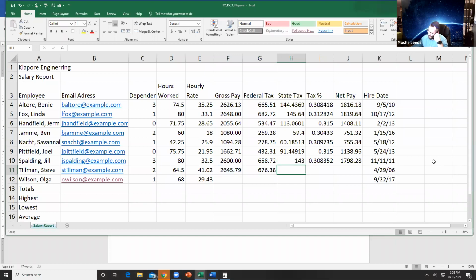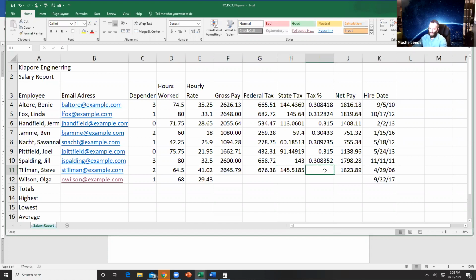Okay, my state tax, if you see here, that's my state tax. My state tax is 5.5% off of my gross. So how do I do that? I do equals 0.055. By the way, if I did 5.5, that's 55%. Not interested in giving 55%. So, oops, there we go. Okay, let's do this again. Equals